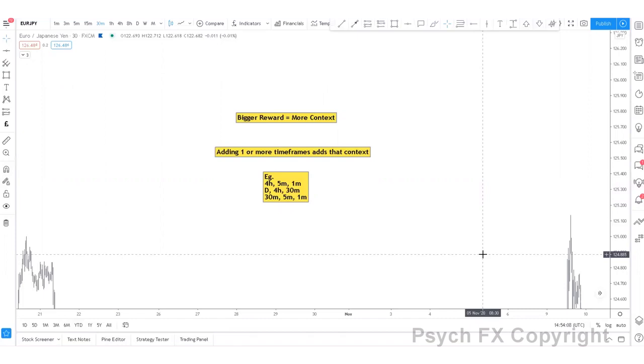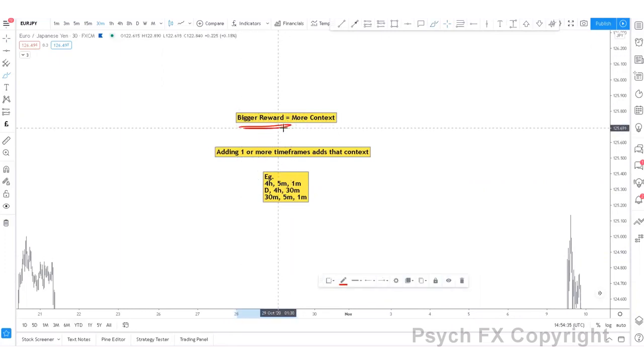Not necessarily win rate, I'm talking about getting those bigger rewards, those bigger risk rewards. And scalping isn't for everybody. So this is a way of expanding what you know, instead of just teaching you loads of other stuff, and bringing in some really nice institutional concepts that are going to really help with your understanding and add really great confluence to what you already know. So it's going to be really interesting. And ultimately, as I've written down here, a bigger reward, so a bigger risk reward, requires more context.